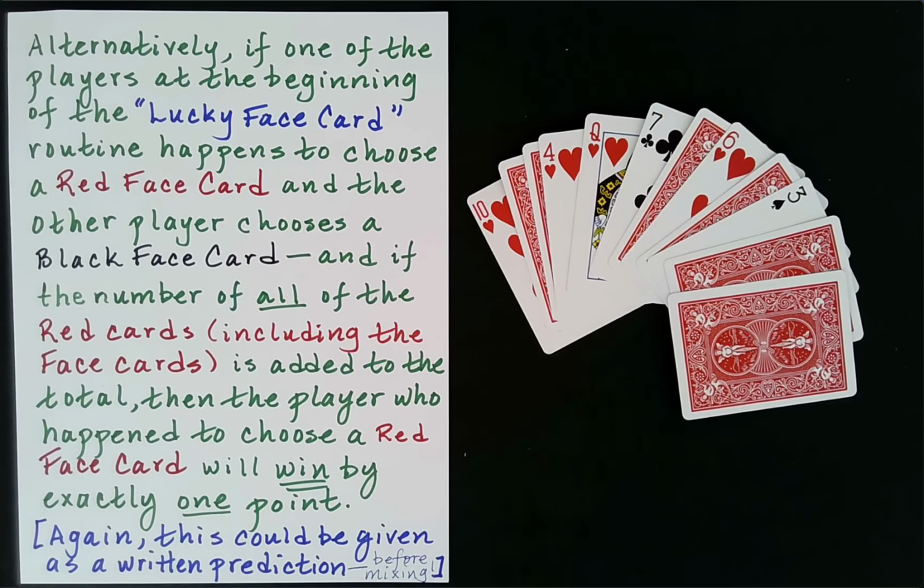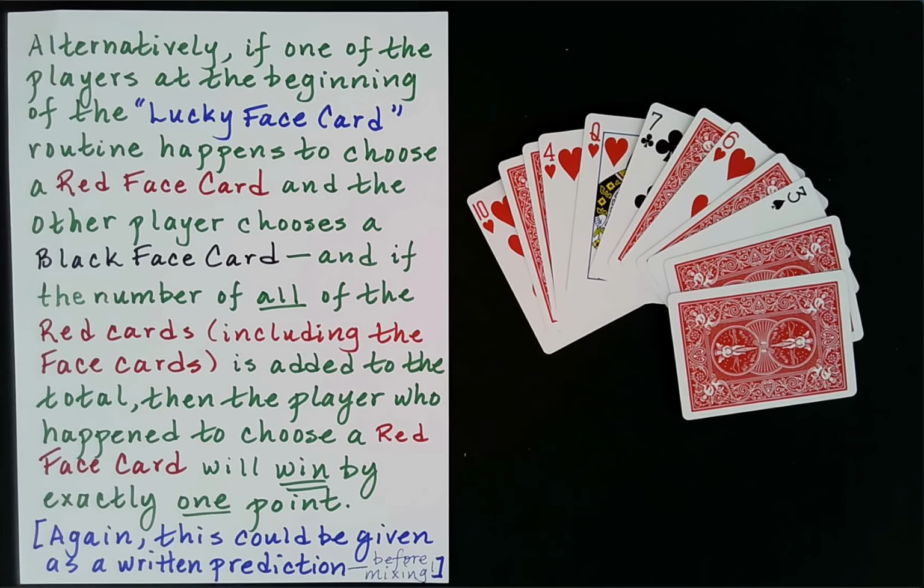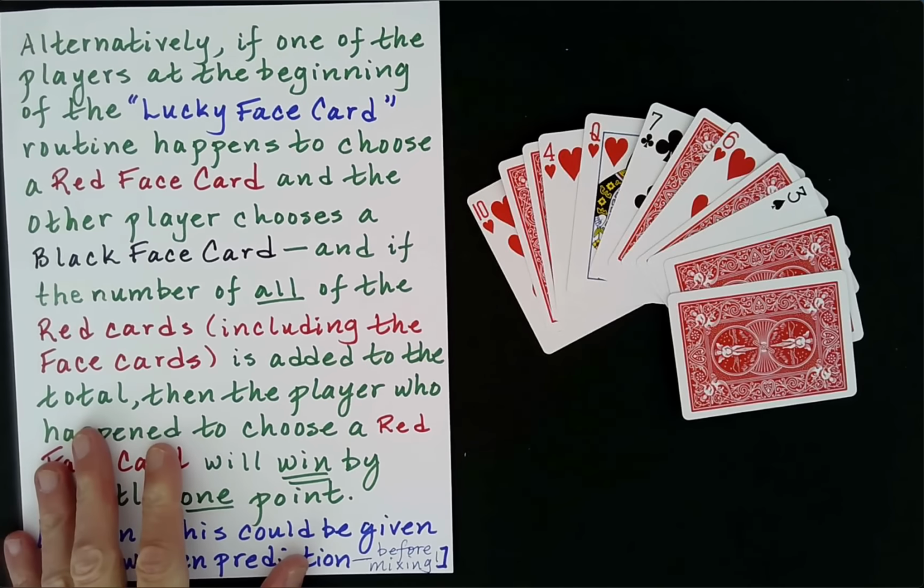And then I just point out that, alternatively, this is the thing to do if you're going to really become a true mathematical card magician. You're going to have to think through, okay, maybe you have a certain routine, like the one I've just shown you. It ends in a tie. Great. And then you have to think through, okay, how could I do a variation where it doesn't end in a tie? Somebody wins. Well, I don't think it'll take much thought for you to realize that if we had allowed,